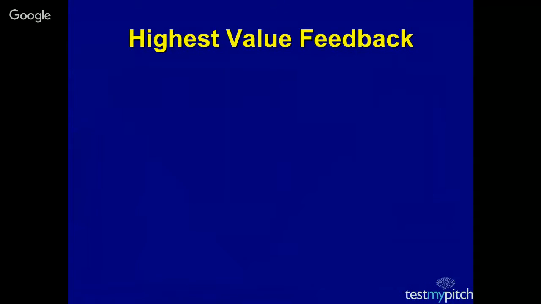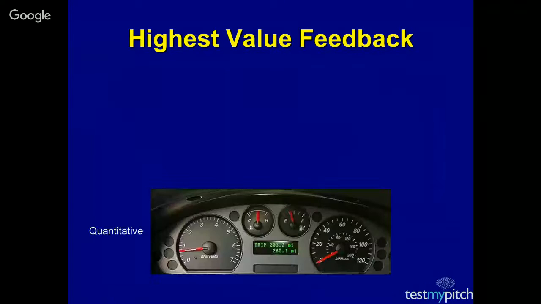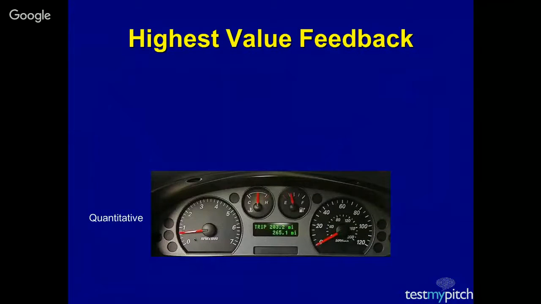So the highest value feedback really comes in two forms. The easiest way to think of this, when we think of how we give ventures and entrepreneurs feedback, we hear about quantitative and qualitative information and feedback.